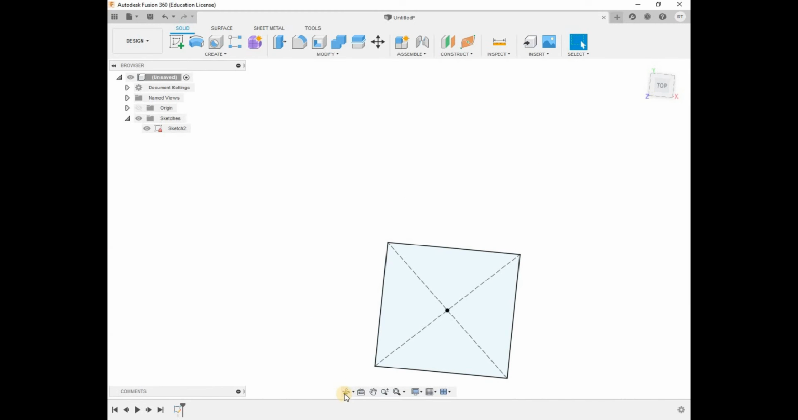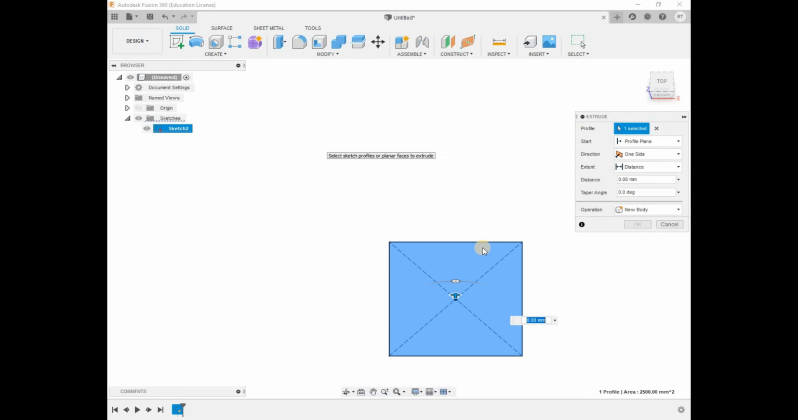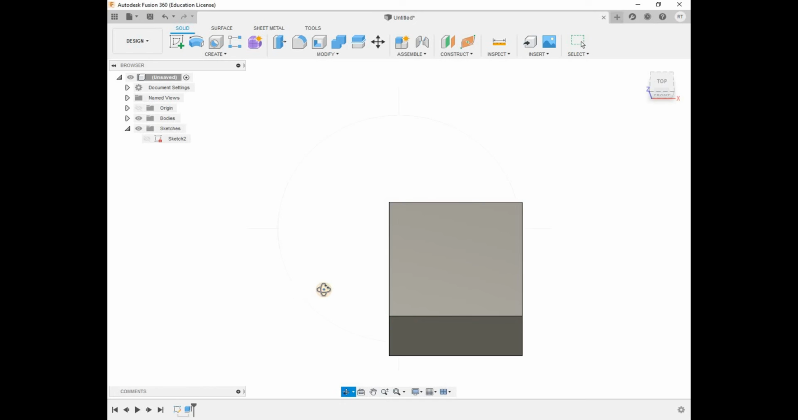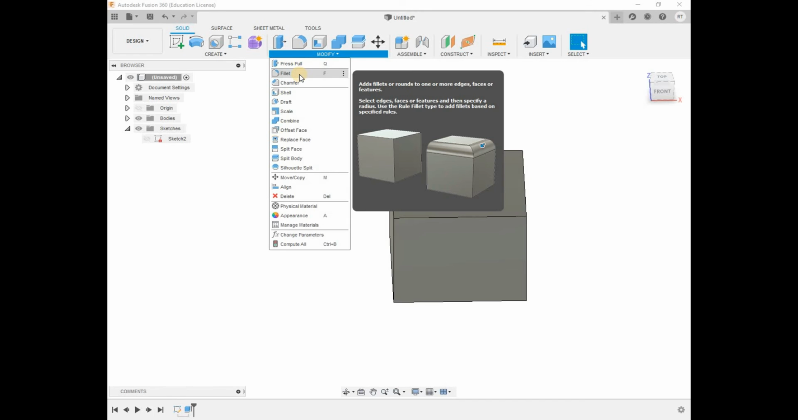So I'm gonna extrude it by pressing E on the keyboard. So let's extrude it out to 40 mm and press OK. Now as we see, we have sharp edges on the corner. So now let's add fillet from the modify drop down menu. Press F in order to add fillet